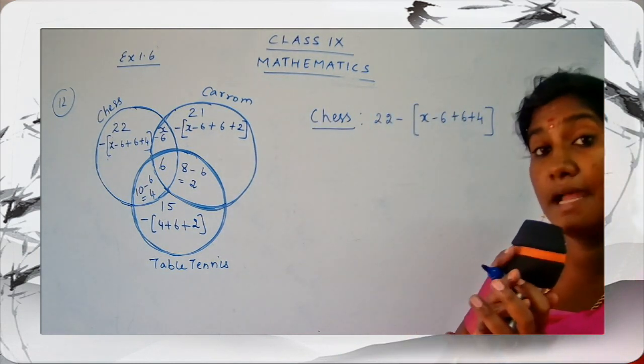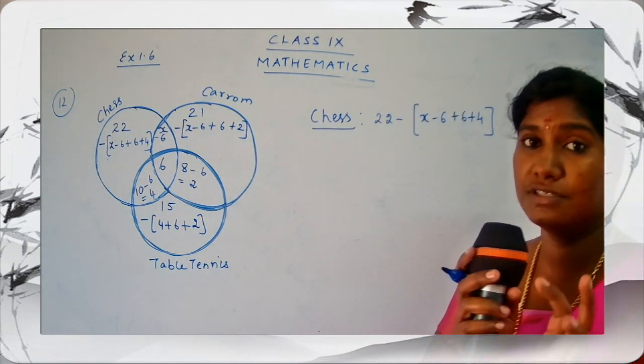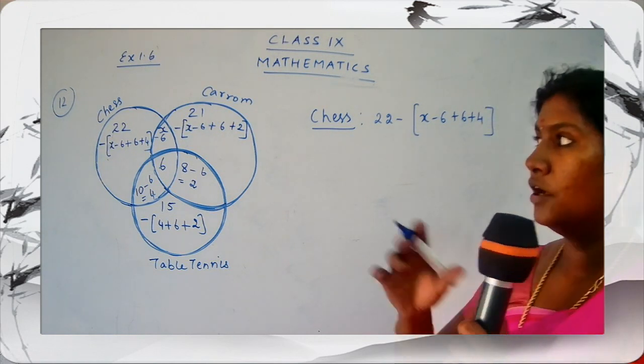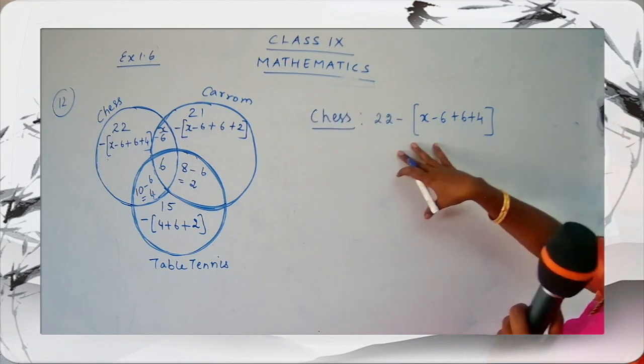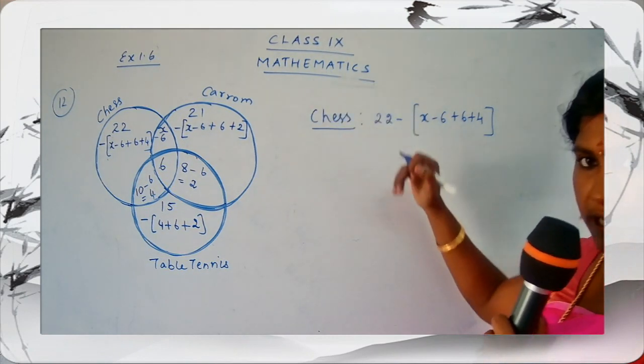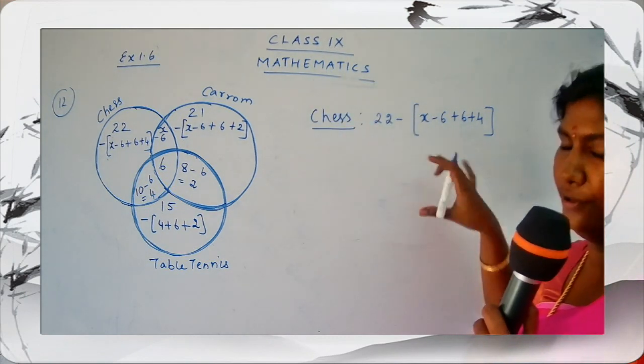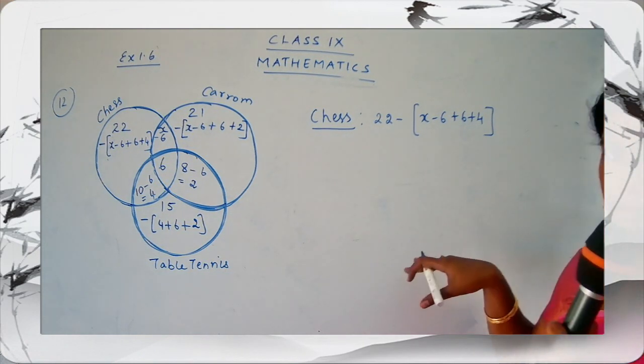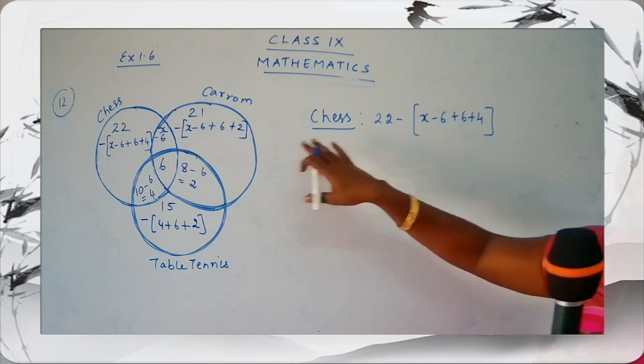For the first sum, I did it directly in the box because it was based on numbers. So we added the numbers and we got the answer. You can do the first sum in this manner also. Like you can take English newspaper, you can get the answer. Then you can take Hindi newspaper, you can get the answer. Then you can take English, Hindi, Tamil newspaper, get the answer. Okay, children? So I'm just going to take the chess part here.